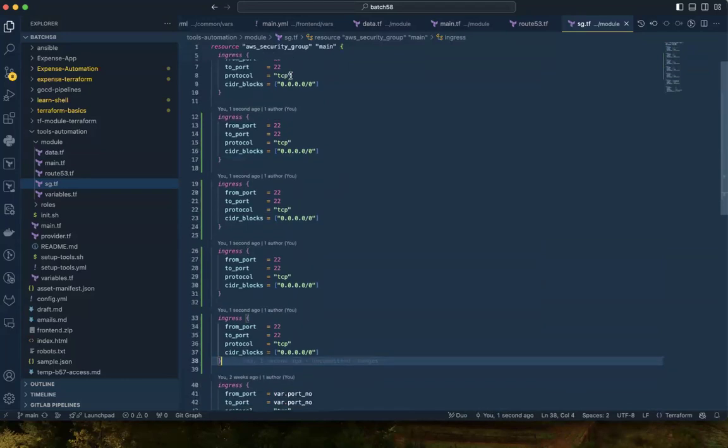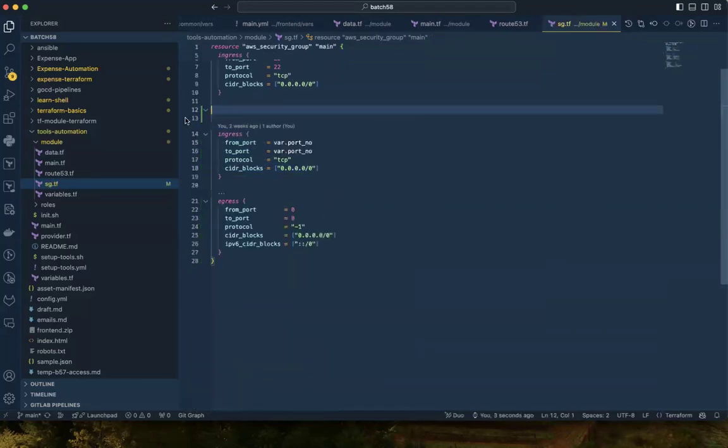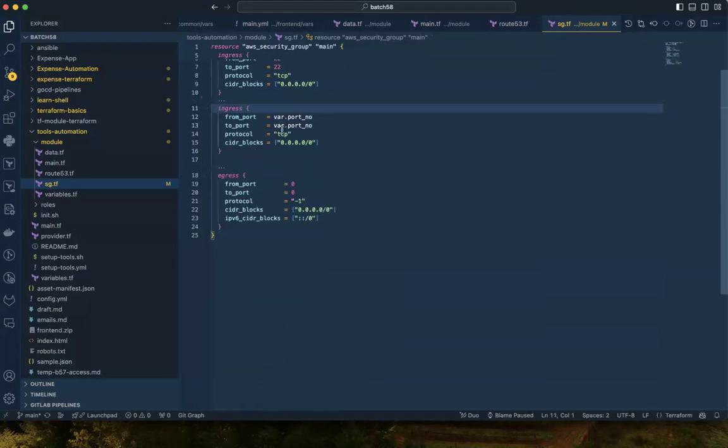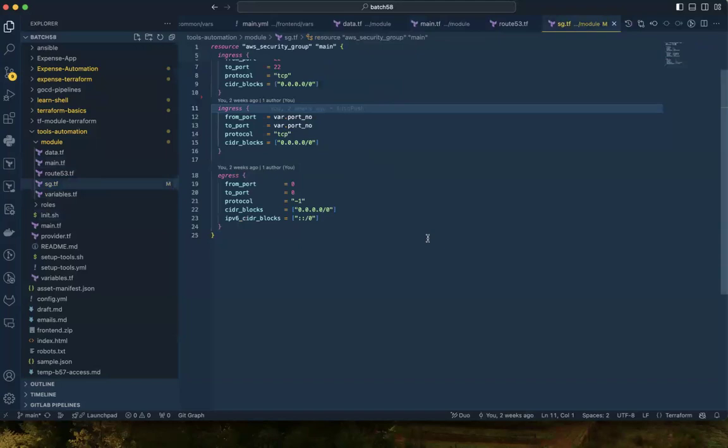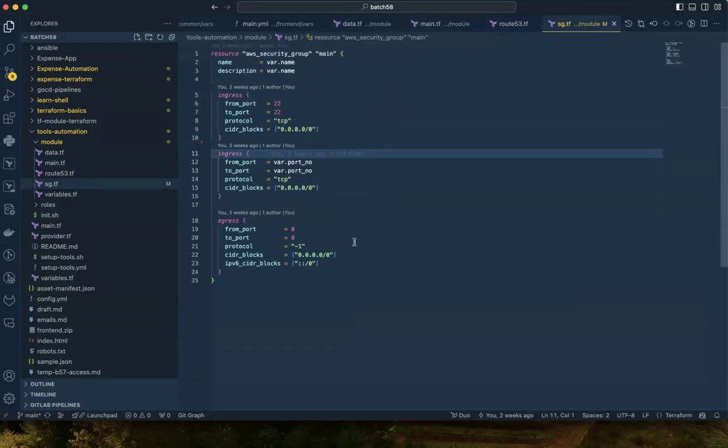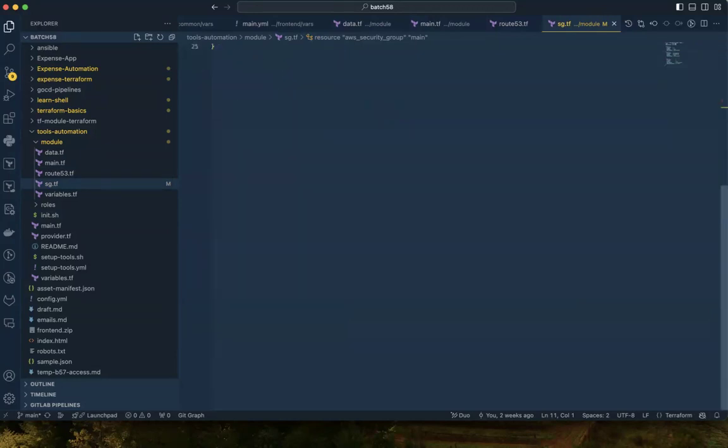So what is our approach? If something is repetitive, we need to use a condition and loop it. Okay. So we can use a for_each condition that can do that job. How can I handle that? Okay. So what I'm thinking is,